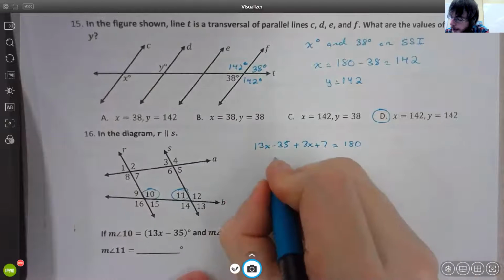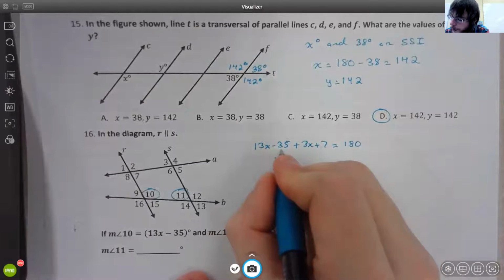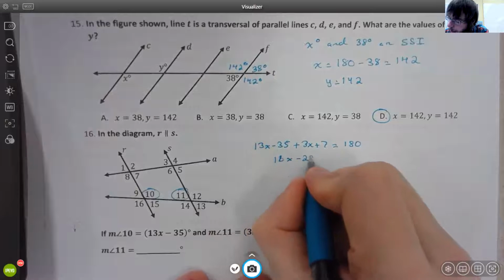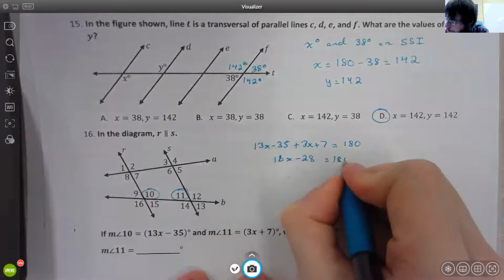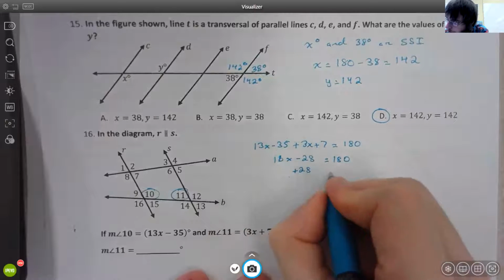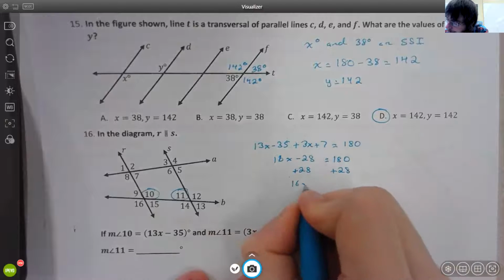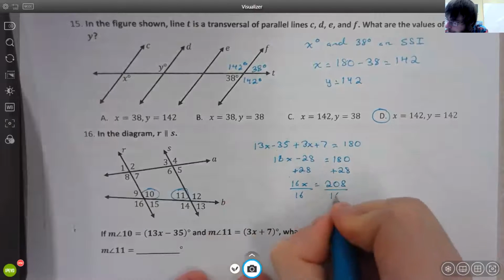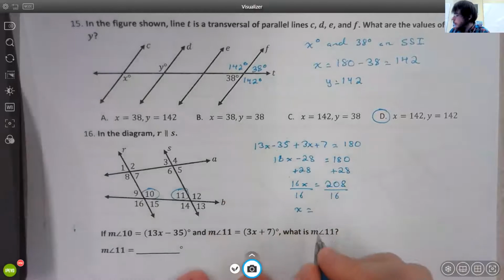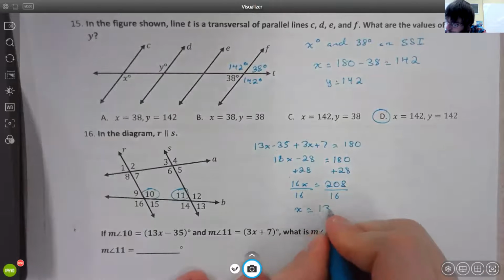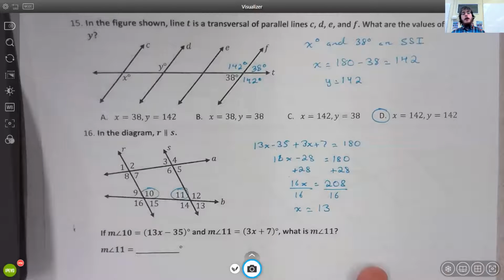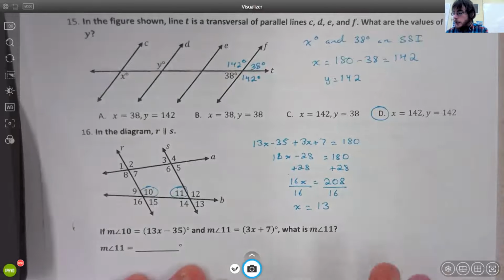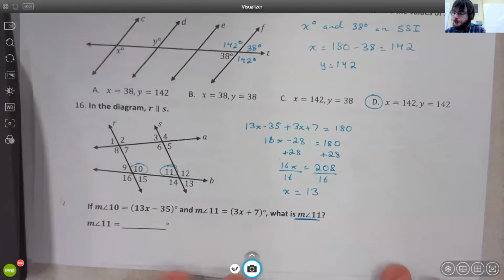13x plus 3x is 16x. Negative 35 plus 7 is negative 28, equal to 180. Add 28 to both sides, and that gives us 16x equals 208. Divide both sides by 16, and we get that x is equal to 13. We are not done yet, though. What it wants is the measure of angle 11. So the measure of angle 11